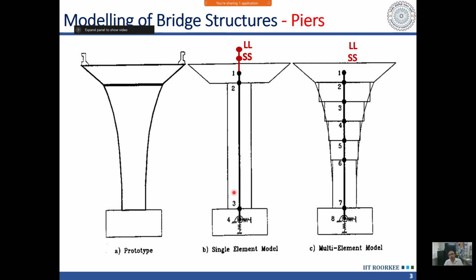Or if the pier is tall, even if its cross section is uniform, then also we need to model the higher modes, and in that case further subdivision of the pier, meshing of the pier into smaller elements is required, and I should have a sufficient number of elements along the height. Usually 10 elements are considered to be adequate. Now which height of the pier we will say is a tall pier, that we will come to slightly later when we talk about the code. And at the top of it again we will model the mass of the superstructure as well as live load.